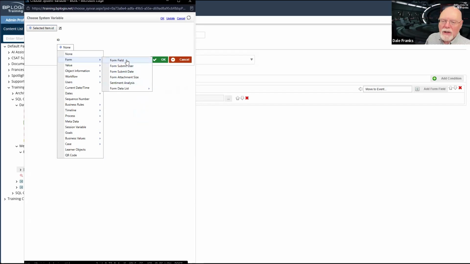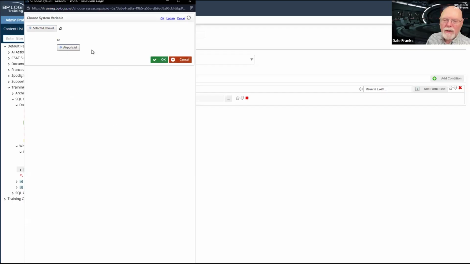So just keep in mind that if you want to use the data list, you're going to go to form and it's going to have this brand new item, form data list at the bottom, so that you can go and grab the data out of your data list control and set that. In this case, we want the ID because that is going to be the parameter.